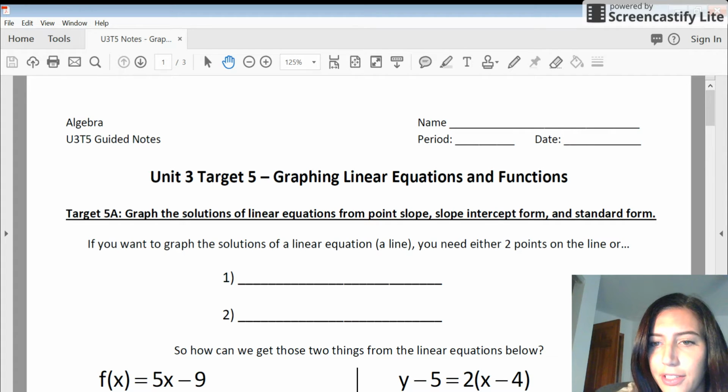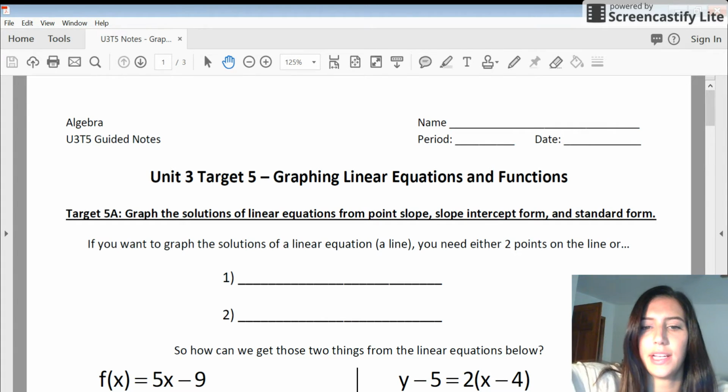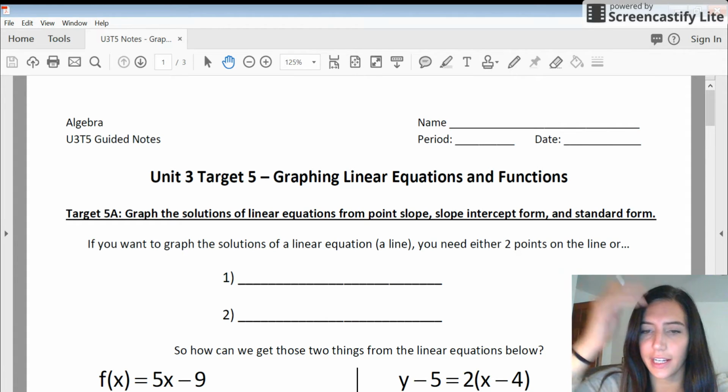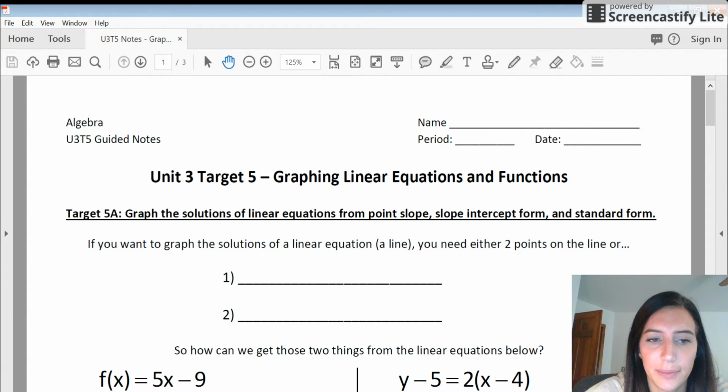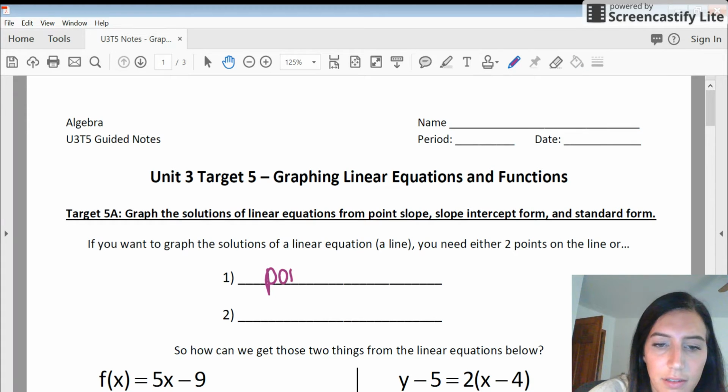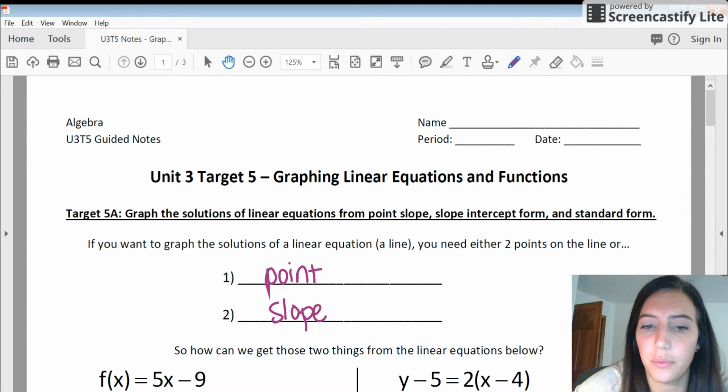Today we are going to learn how to graph linear equations and functions using our two forms that we learned the other day, slope-intercept form and point-slope form. So let's get started. If you want to graph the solutions of a linear equation of a line, you need either 2 points on the line or a point and a slope. As long as you have 1 point and a slope, you can then graph any other point on the line